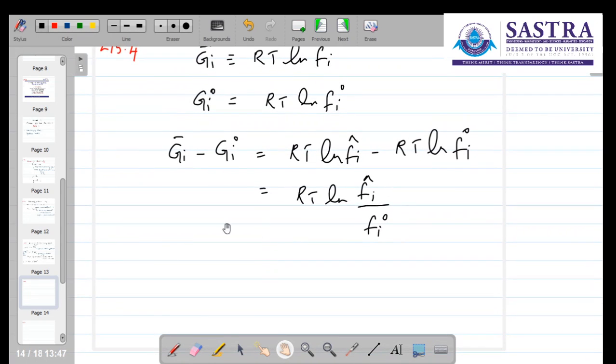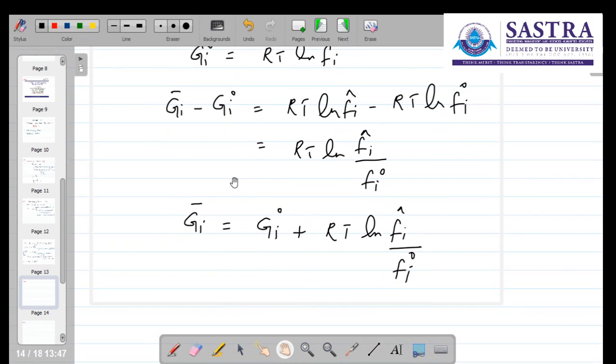Now G i bar can be written as G i naught plus RT ln f i cap divided by f i naught. So this is the expression we land on,